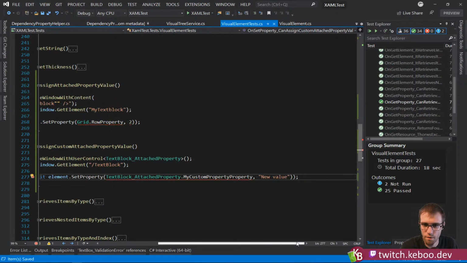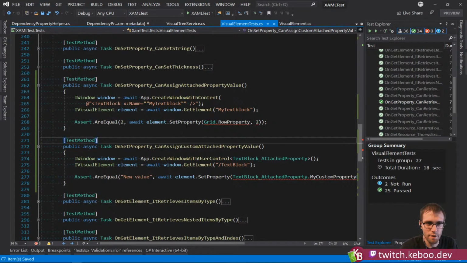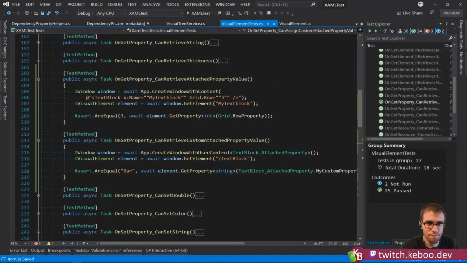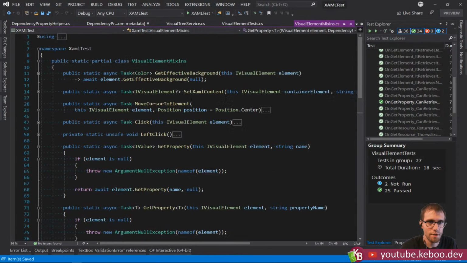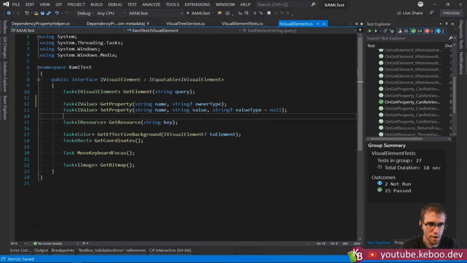That goes there, that just works, and now we have to build out the API for this because this does not exist yet. So we did the get property side of things and not the set property side of things. So let's go to visual element, we'll start there. So get property had this,